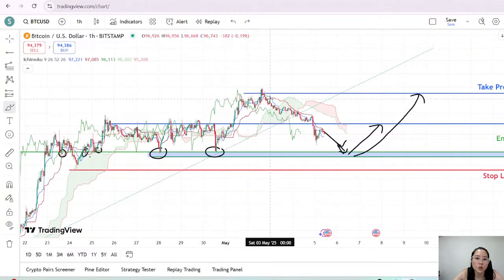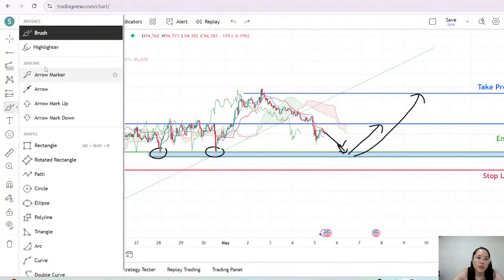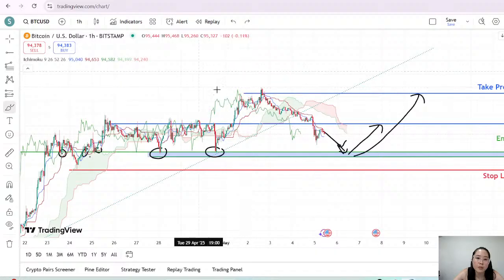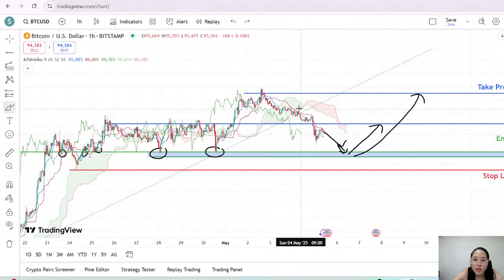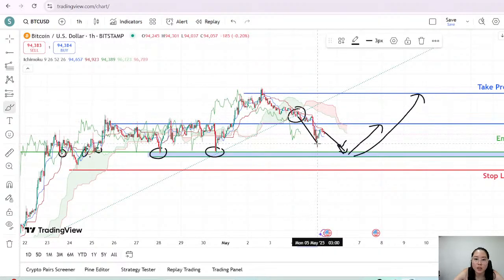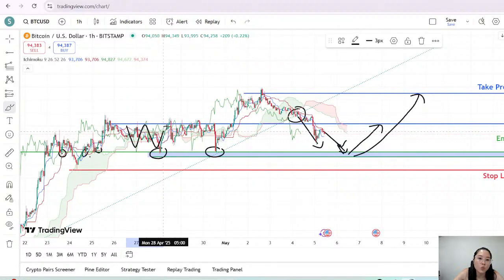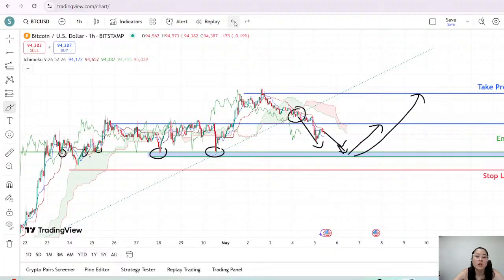For example, let me show you guys an example. How do you use Ichimoku? Every time price crosses the cloud to the downside, it means that it is bearish. Every time it crosses the cloud to the upside, it means that it is bullish. But there are times where it doesn't work for a sideways market, as you can see here, because it keeps passing the cloud and the indicator is not working very well. So Ichimoku works very, very well for markets that are trending.